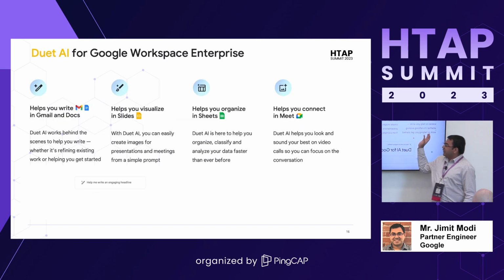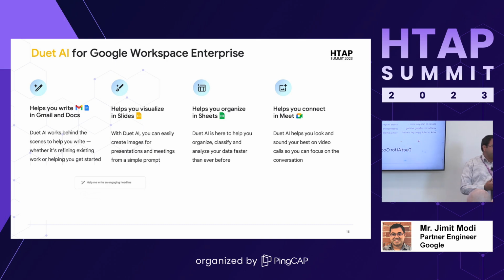Right, so let's quickly talk about this Duet AI for Google Workspace. It basically tells you about all the different products which you may be using in your personal lives as well. Gmail or Docs to basically summarize or write, generate new content. In Slides, you can literally give a prompt saying, I want a slide which has this kind of an image or there's something in the background. It's going to create that. With Google Sheets, if you have tons and tons of data, you want help in organizing or finding out if there's a white space, if something is wrong, use that.